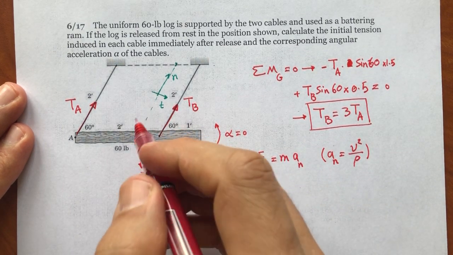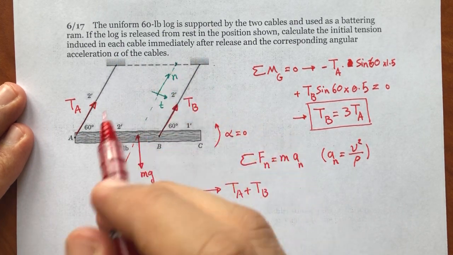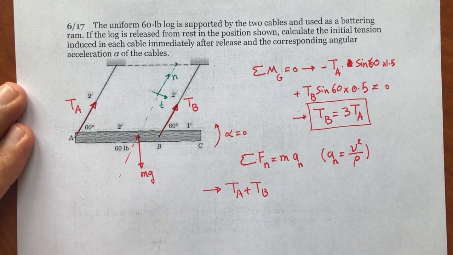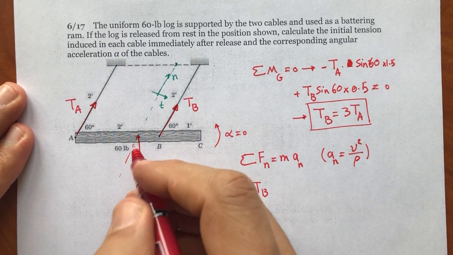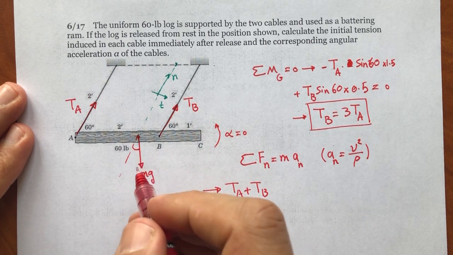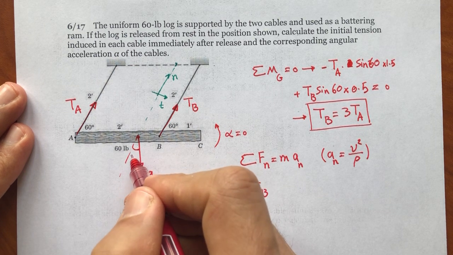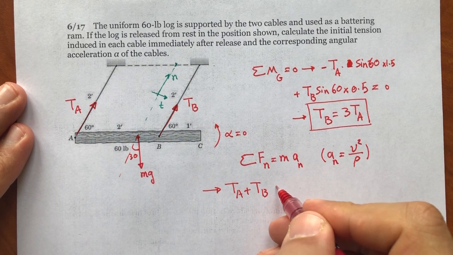And mg has a component in the normal direction. That's the positive direction for normal. The component of mg in that direction is going to be negative. It's going to be mg times cosine of this angle, which is 30. So minus mg